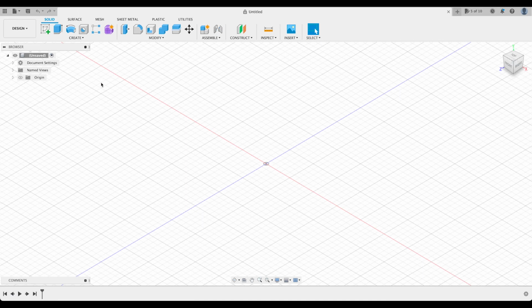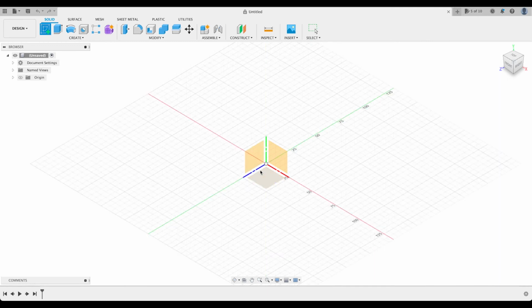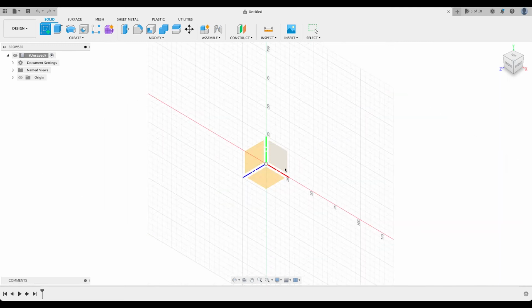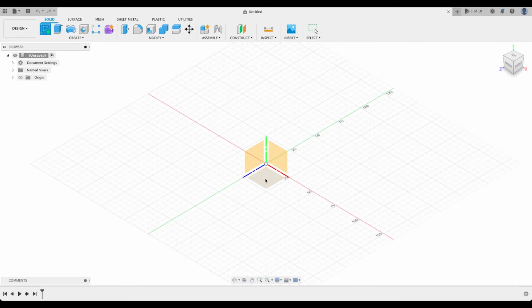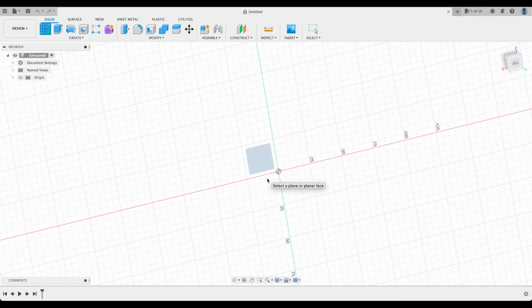And to do that, the first thing we need to do is start over here in the Create toolbar, and we want to create. Obviously, we can't make anything 3D until we've sketched something, so we start over here with the Sketch tool. So we're going to click on this, and the first thing that comes up is it asks you to select the plane that you want to work on. It doesn't really matter which plane you're working on because you can orient objects around. I tend to click on this bottom plane here, so I'm going to click on this, and it switches straight